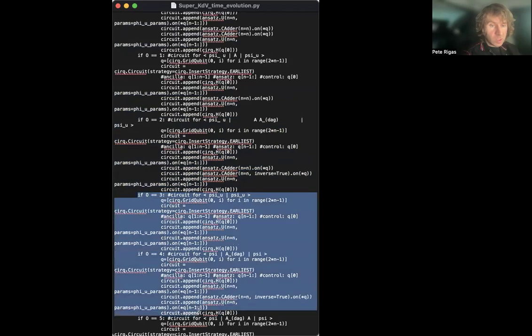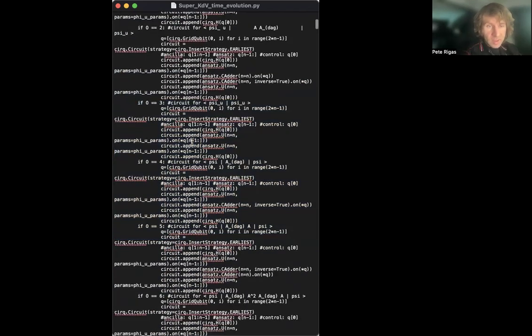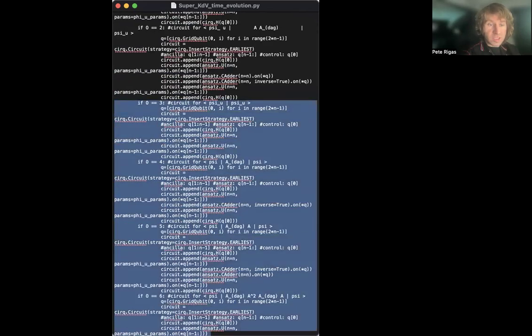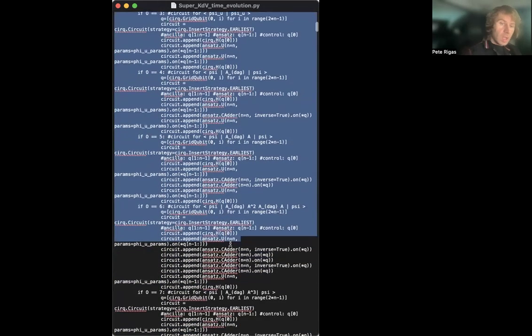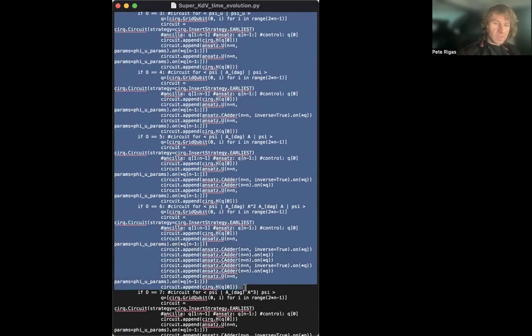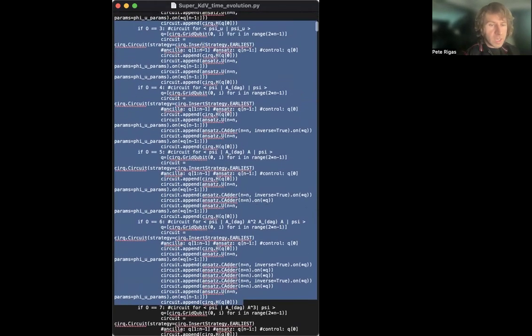And in particular, as we look at additional expectation values, which we have to specify for the quantum nonlinear processing unit for the super KdV equation, we can see that even from this next collection of expectation values that I've highlighted, namely 3 to 6, we're looking at higher order nonlinearities. It's given by the fact that when we're looking to construct an expectation value, which is another aspect of running this quantum algorithm that I didn't necessarily speak to in my previous presentations on the topic,